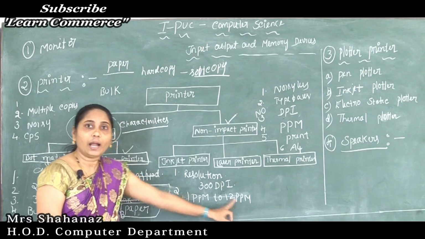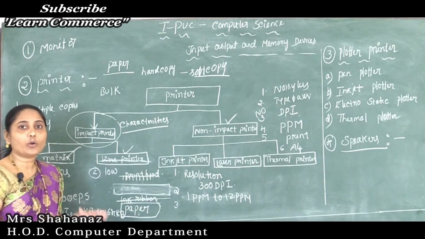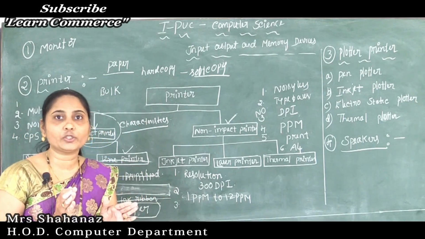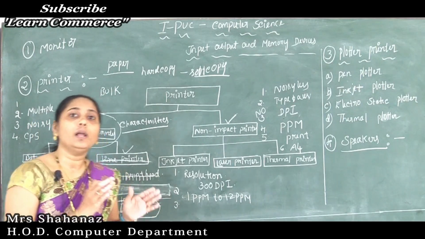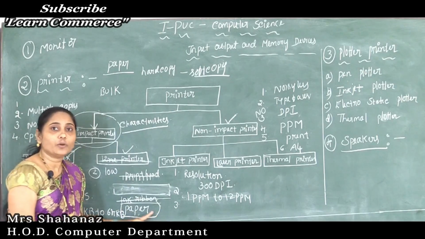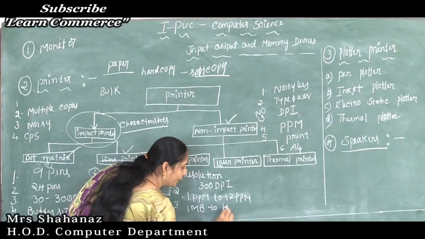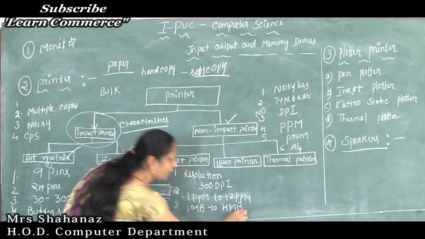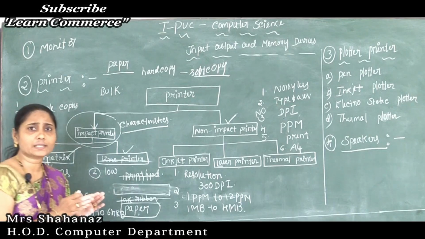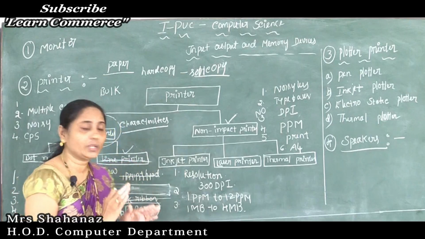Clear this point? And also what about the buffer size? How does the information get transferred? What's the speed while transferring from the computer to the printer, that is the inkjet printer? So the buffer size varies from 1 MB to 4 MB. So very speedily it is going to convert the information from our computer to the printer.